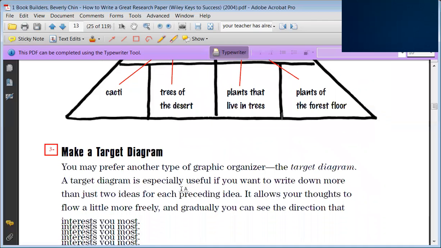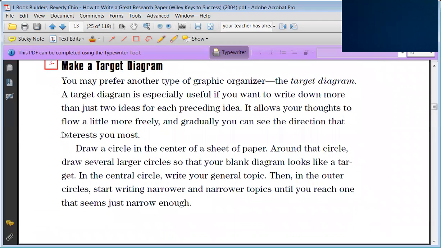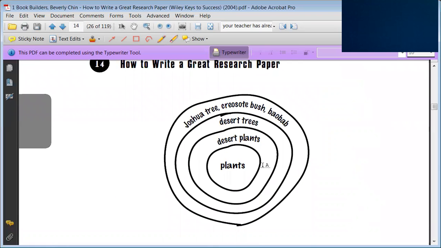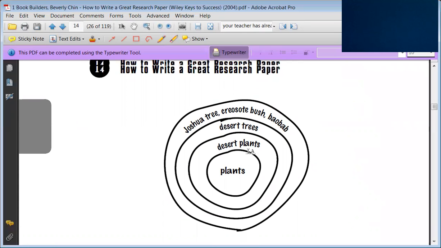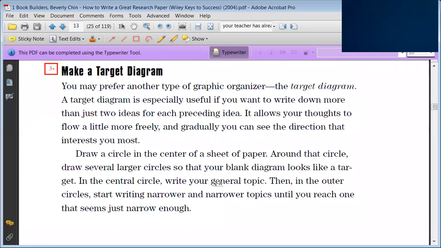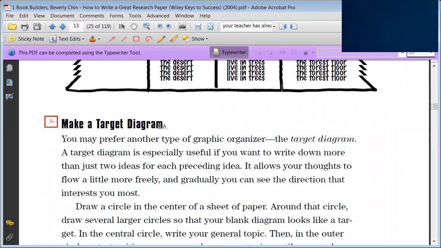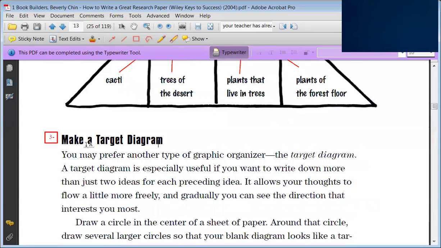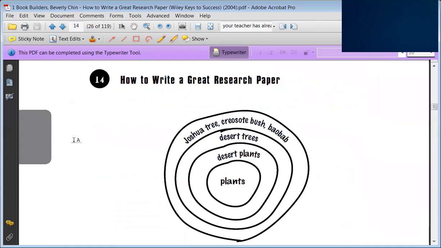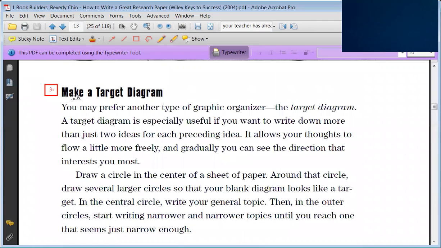Number 3, make a target diagram. Also a strategy. Follow it to trim down the topic. As you can see, we put the plant in the center and then write secondary titles so that we can trim the general topic and make it a short one. This is also one of the techniques or strategies used. Of course, what is required is that you know the techniques; it is not required that you explain them. That's why they are not highlighted. We see they are not highlighted, but you must know and memorize these techniques.